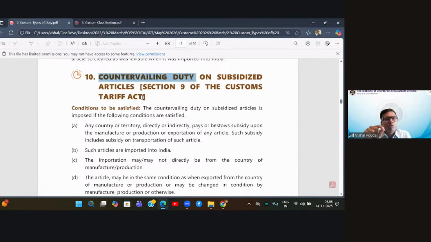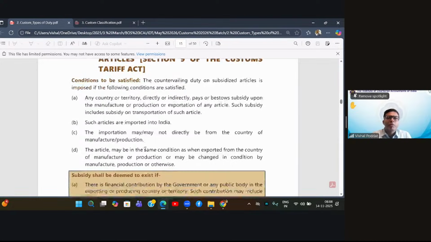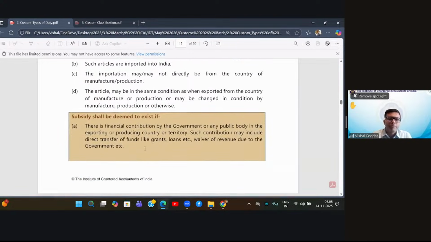So what does the government do under this section? Whatever subsidy the foreign country government has given, we impose this duty exactly equal to that subsidy, so that it gets countered. So if that country has reduced the price by $50 by giving a subsidy of $50, we will impose exactly $50 as the countervailing duty. It is not that we are going to impose any extra amount. We are simply going to nullify the effect of the subsidy by imposing exactly the same amount as our countervailing duty.